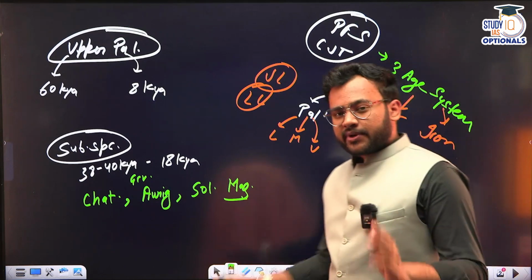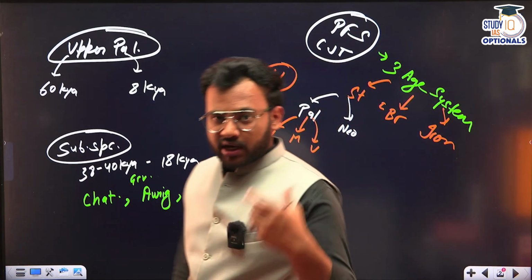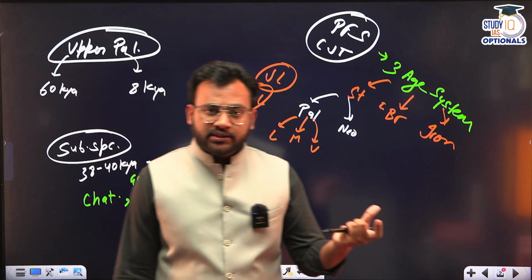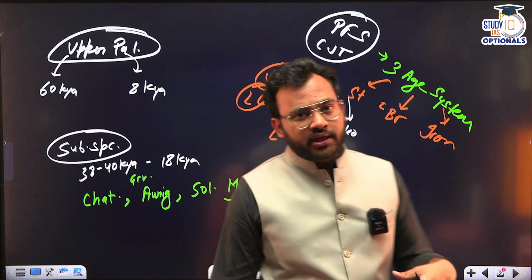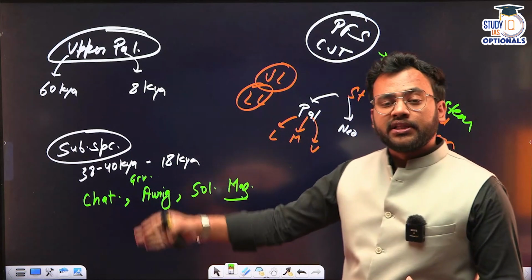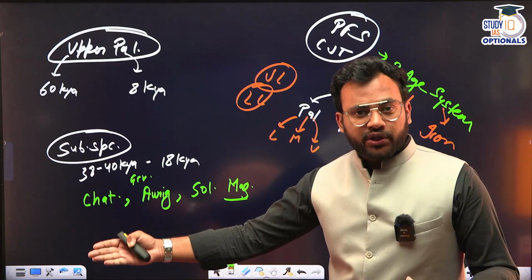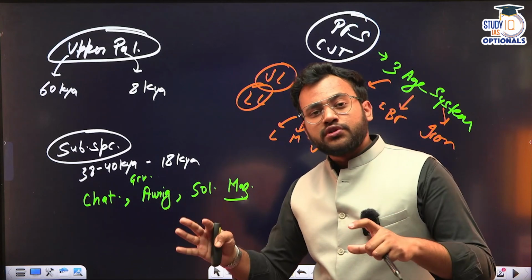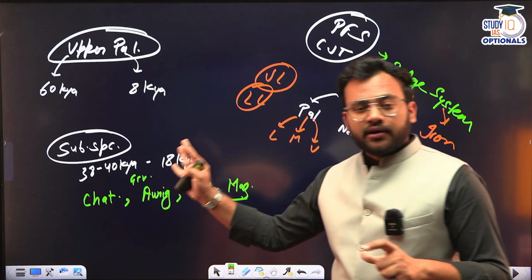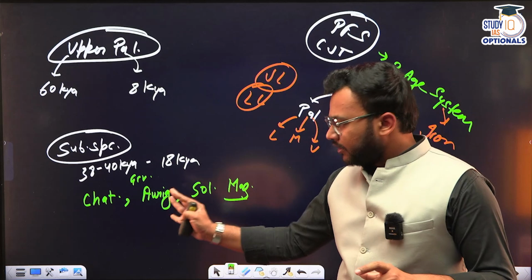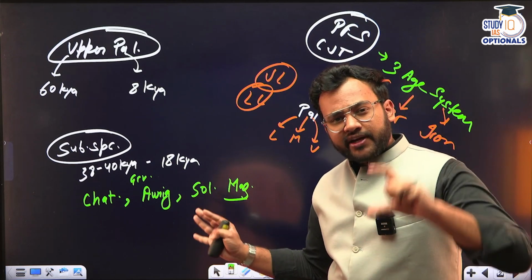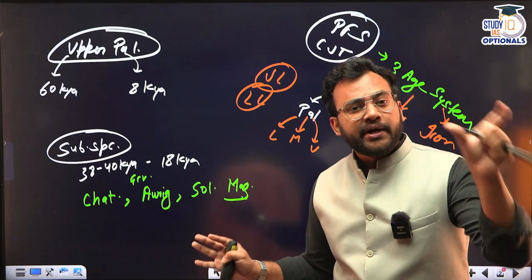All these subcultures belong to different time periods. Some are relatively older, some are relatively recent. For example, Chatelperronian just began after the Middle Paleolithic of Europe. The tools that you find in the Chatelperronian cultures of Europe are very much similar to the tools that were found during the Middle Paleolithic.